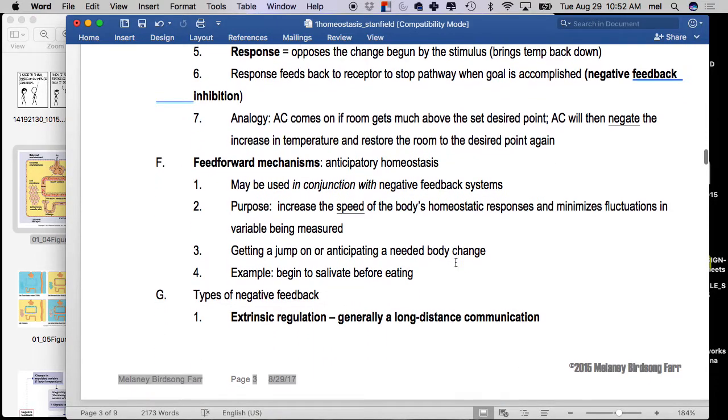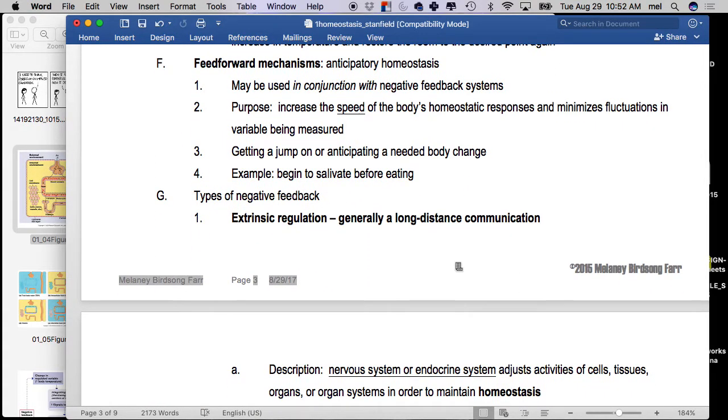Okay, so now let's talk about something that sounds like it's the opposite of negative feedback, but it's not. And you may have not met this concept before. A feed-forward mechanism sounds like it might be the opposite of negative feedback, but it's not. Feed-forward mechanism is what we call anticipatory homeostasis, because sometimes you do things so regularly that your body can predict